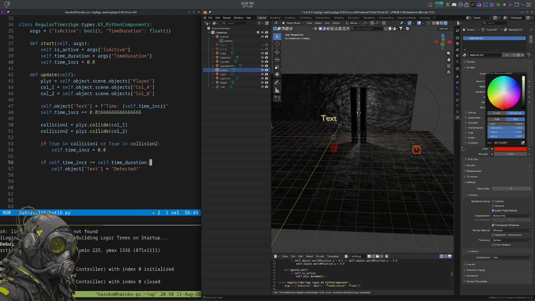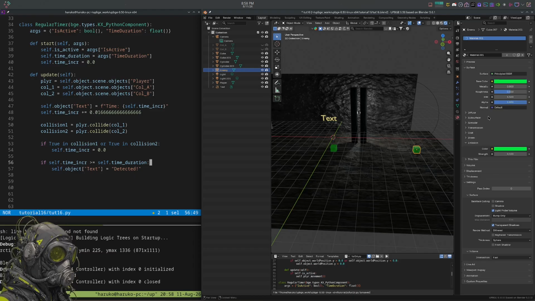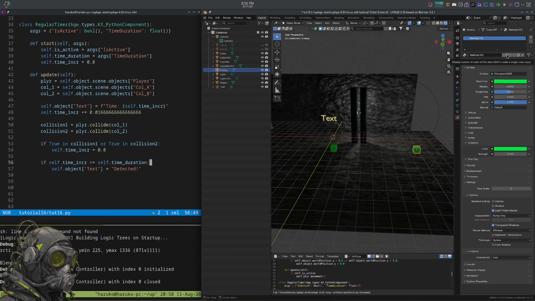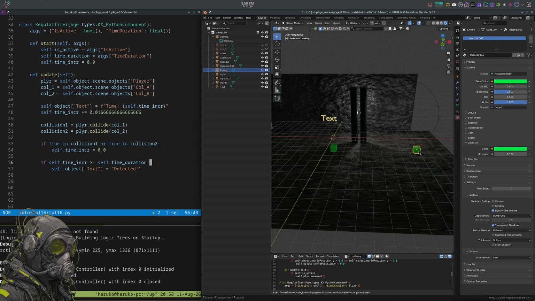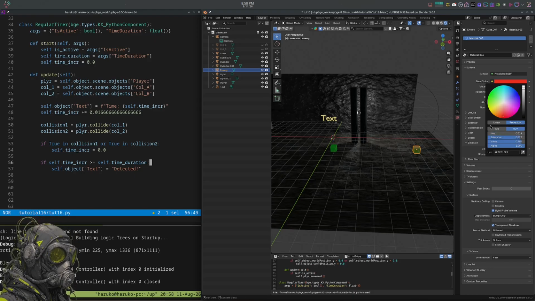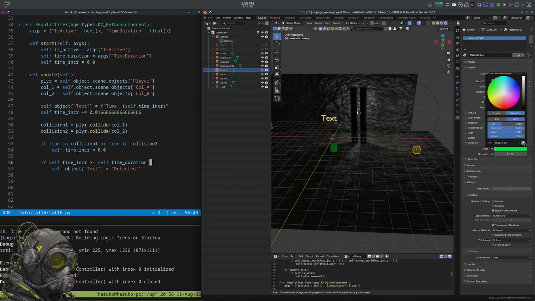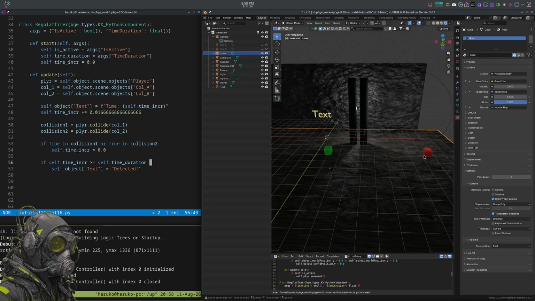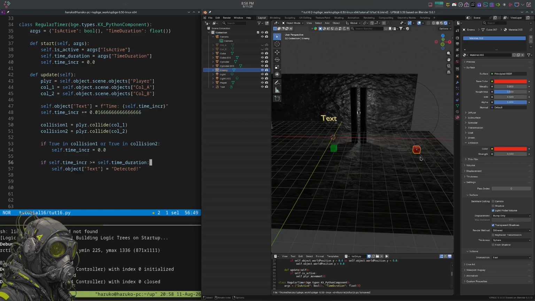Oh, you got to change the material though. So separate the material from the instance, so it's a new material. And we change color. All right. Red, and there you go. Now we got a red guy here,